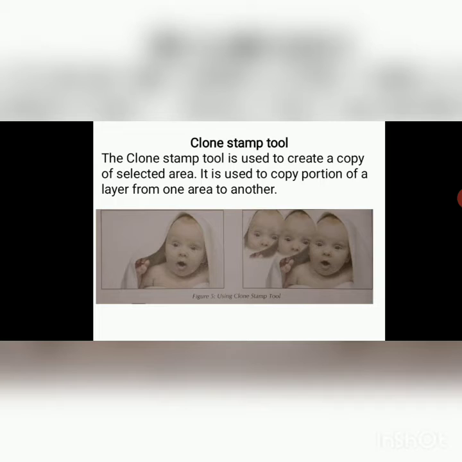Open an image. Second, select the clone stamp tool from the toolbar. Third, in the option bar, set the brush size and hardness. Hold down the Alt key and click the mouse on the area of the image which you want to copy. Release the Alt key. Move the cursor to the location where you want to copy the fragment. Drag with the left mouse button and the clone will be applied.